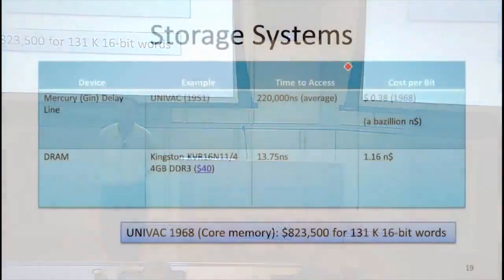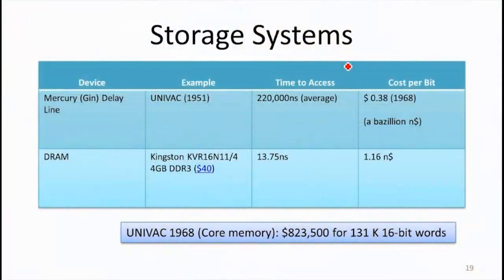We've got 2 entries in our table now. We've got the Mercury delay line that was used in many early computers, including UNIVAC. The time to access depends on